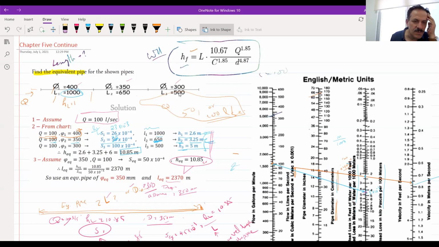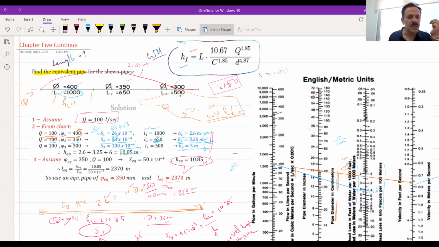1,650. For example, that's 1,650 plus 500, that's 2,150, right? 2,150 meters. This is the whole pipe length. If you want, for example, you do it like this. You want to just add more pipe length. For example, if I want a new pipe to have a length of 2,500 meters, but I don't know what the diameter is.